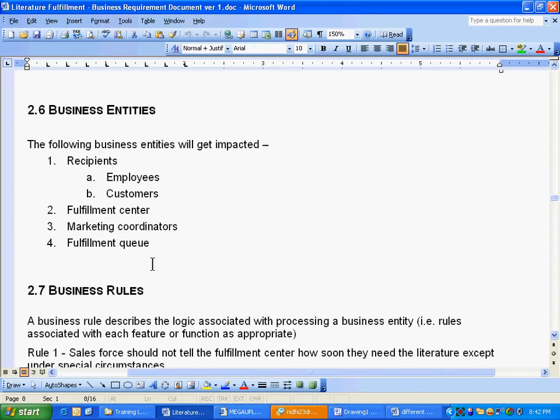Just to give you a high-level idea of this project, like in the companies, the sales rep, let's say, sells something. Then he says, oh, I gave him that one brochure regarding the product. Their products are big, like $1 million products, $150,000 products, like a big car. Actually, those are MRI machines. You know what medical machines are? Yeah, CT scan and all those things. They're pretty costly machines, right? So for every machine, they have a lot of service around it and a lot of sales procedure around it. So as part of the sales procedure, he'll send the literature. Literature means brochures. Then he might want the literature fulfillment center to send more literature.